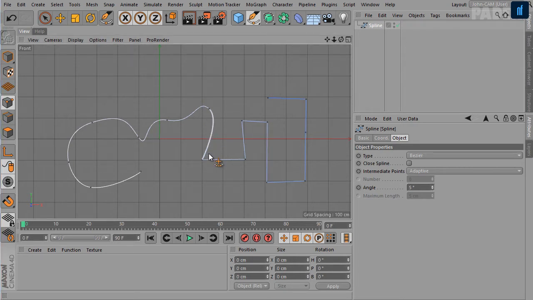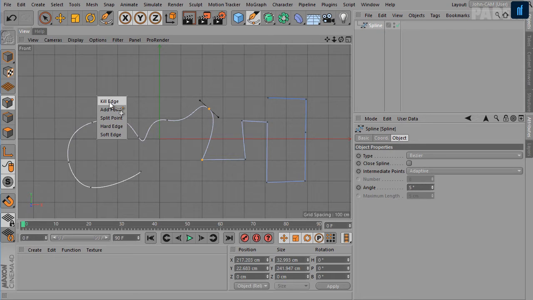If you position the mouse pointer on a segment, it will be highlighted. If you right mouse button click here, you will get options that will work on the highlighted segment.